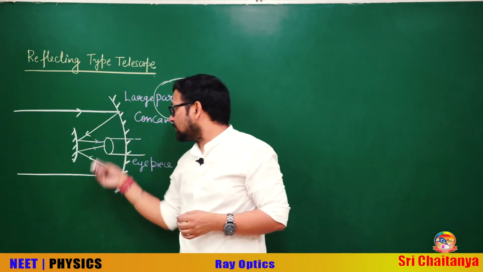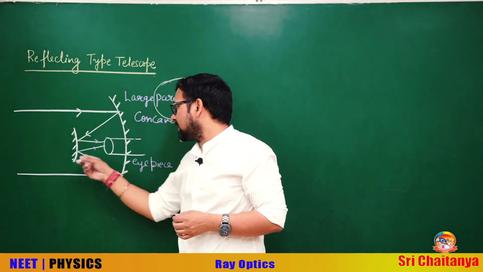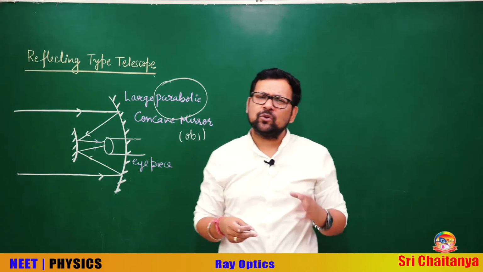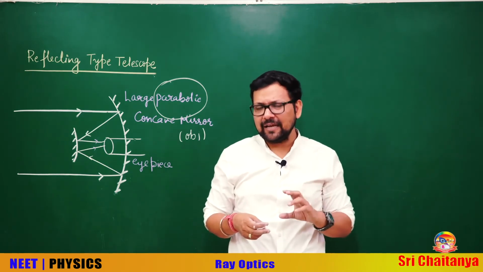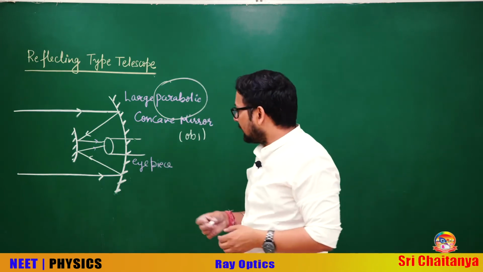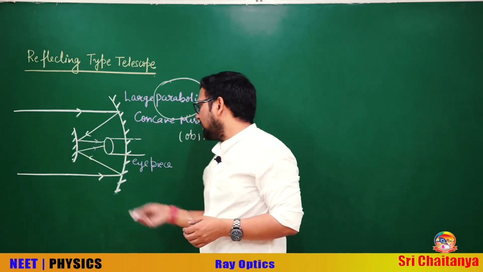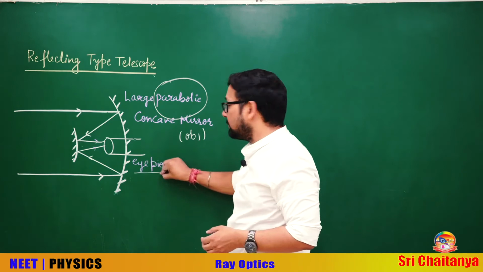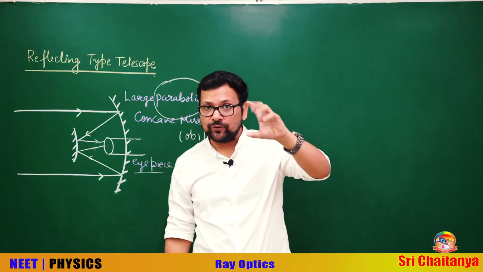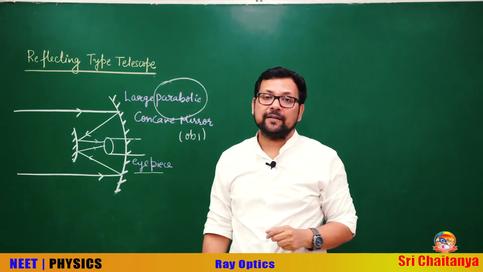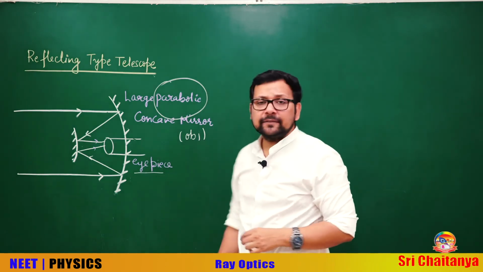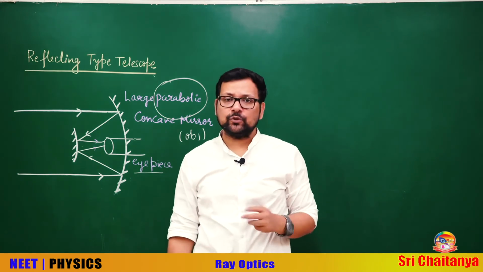And when these rays fall on this, after the objective they go towards another mirror. That other mirror could be convex, at times plane mirrors are also taken. And again after reflecting from it, it goes to the eyepiece through which the eyes view the magnified, enhanced image. This is light, portable and easy to use.